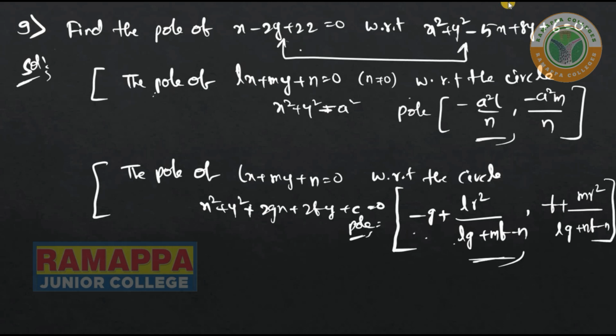I will take this formula and I will substitute the values here. So from this, Lx plus My plus n is equal to 0, no. So okay, this is a certain circle equation here. The circle equation is given here. Now I will substitute the values in this one. Minus g is equal to how much will we get from this one? Minus 5 by 2. Okay, minus 5 by 2 we will get from this one, and it will become minus of minus, plus 5 by 2 here. 5 by 2 plus, and L is equal to how much here? 1. r square we don't know, no.